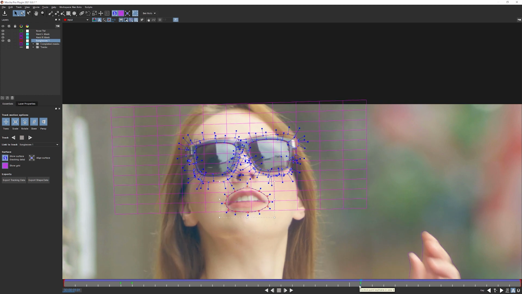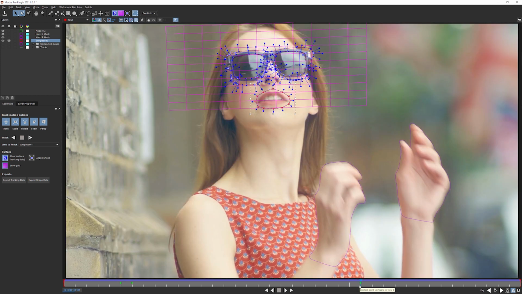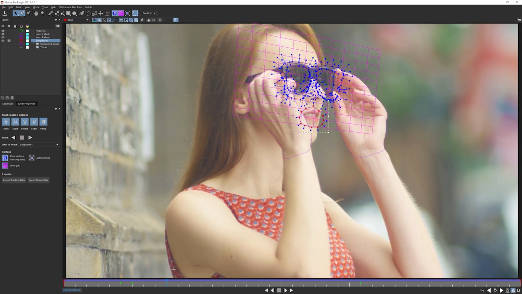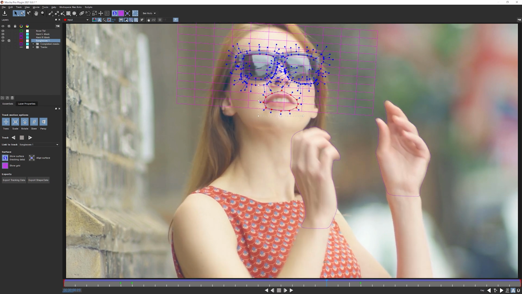So this actually is a very important lesson. This is something very different than what we've been doing previously, because this isn't about taking a less than good piece of tracking data and then fixing it afterwards by adding tons and tons of keyframes. Because we're going to be using this track so many times, we want to make sure that this data is as smooth as possible. And if we can't get this track 100% accurate, at least we want it inaccurate in a way that is consistent with the movement.